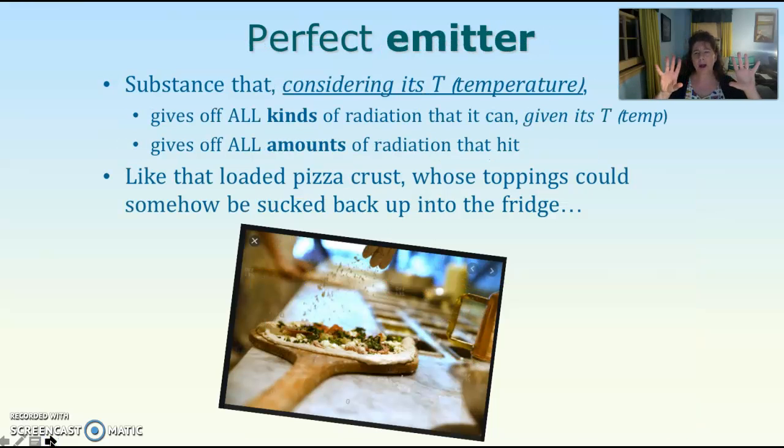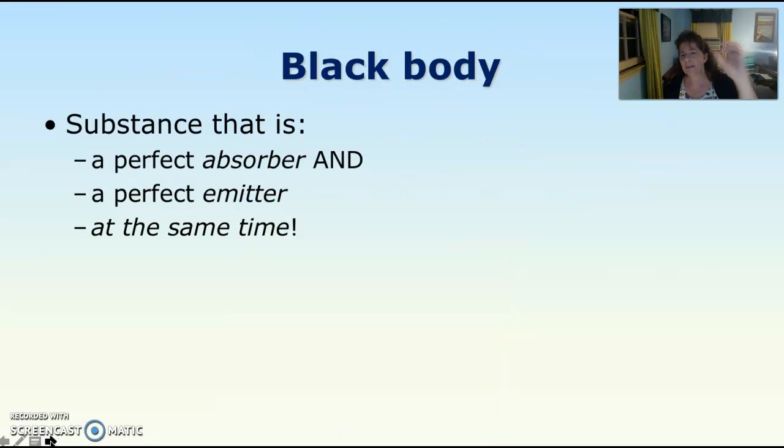And a perfect emitter will cast off and emit and discharge all different types of rays that it receives. So in other words, what I'm showing here is if you were holding a vacuum and sucking up all of the things on your great pizza, that would be kind of like the great pizza discharging everything that it took in. That's a perfect emitter. It's hard to find examples of perfect emitters, and there are no great examples that I can show to you. There's decent examples. I don't want to confuse you, but what I will say is this, that a black body